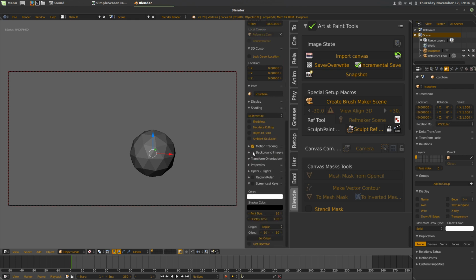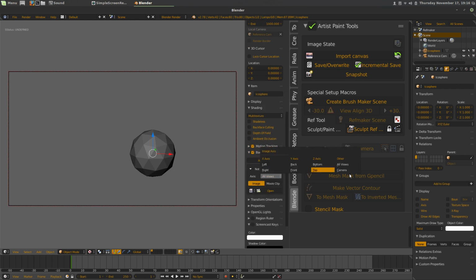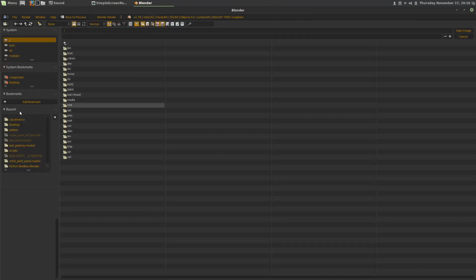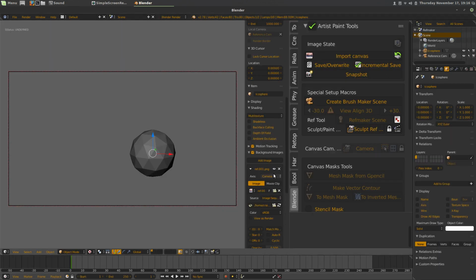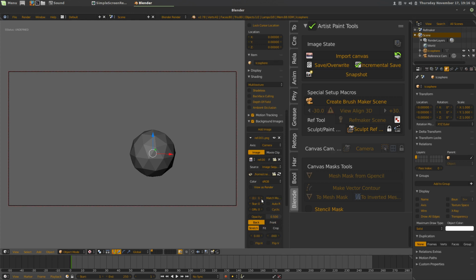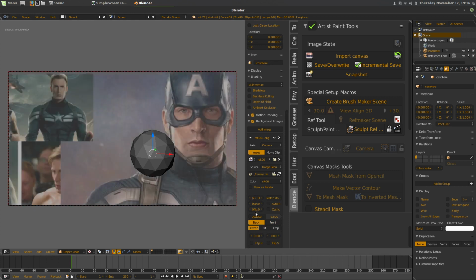So here in the end panel, we're still using this. Add image to our camera, and we're going to open up our Captain America. We're going to select our 3 images, and we're going to have to tell it 3 images to use, otherwise it won't work. Cyclic, auto,